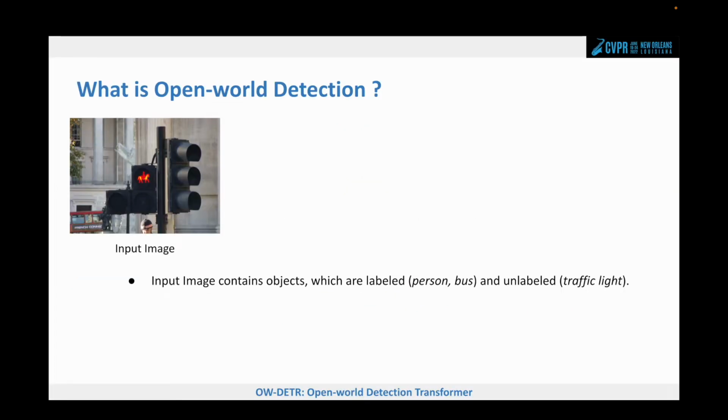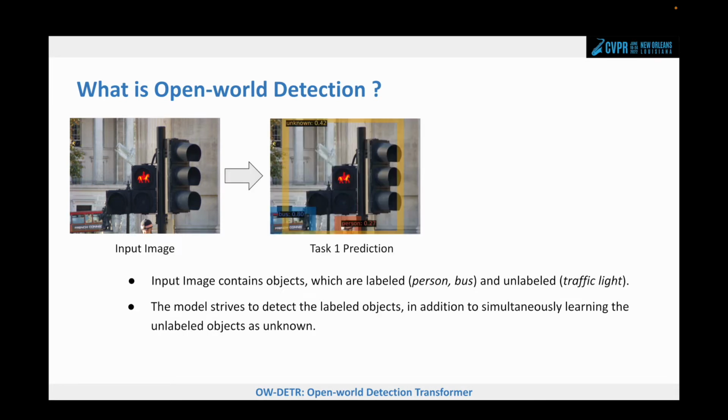Firstly, what is open world detection? Here, the task is to learn to detect unknown object instances and incrementally learn to classify them into their respective classes. For example, the input image contains both foreground labeled objects like person, bus, and background unlabeled objects like traffic light. The aim of the detection model is to detect novel unseen objects and classify them as unknown along with learning